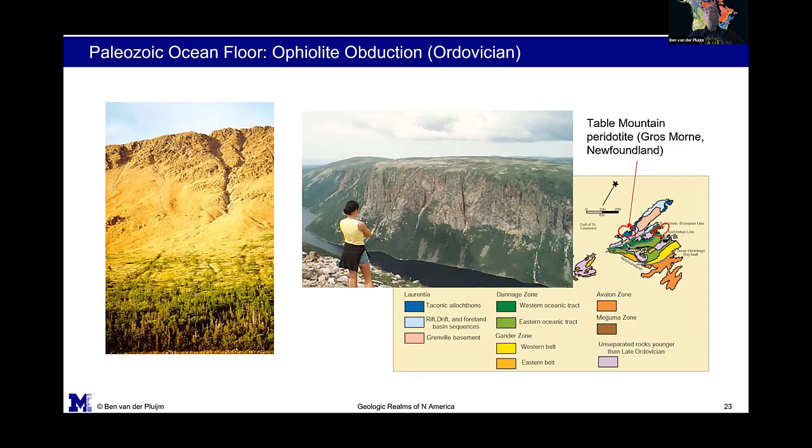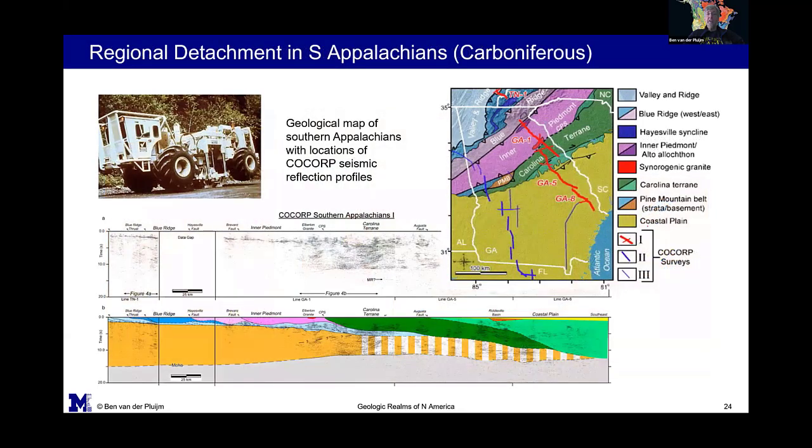The question is, why don't we have the same spectacular outcrops in the U.S. part of the Appalachians? So we go to that part. It's because as we go to the southern Appalachians, the southern part of the Appalachians,